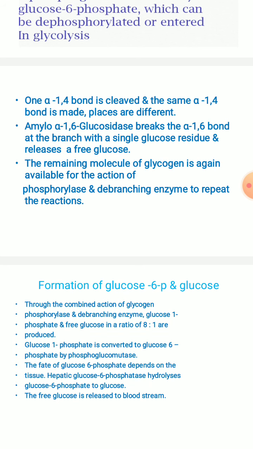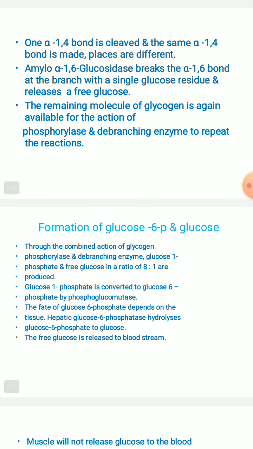So we have seen the combined action of glycogen phosphorylase as well as the debranching enzyme, where glucose 1 phosphate and free glucose molecule are produced in the ratio of 8:1, and glucose 1 phosphate undergoes the mutase reaction to form glucose 6 phosphate by the action of the phosphoglucomutase enzyme. The fate of this glucose 6 phosphate depends upon the tissue, that is, hepatic glucose 6 phosphatase